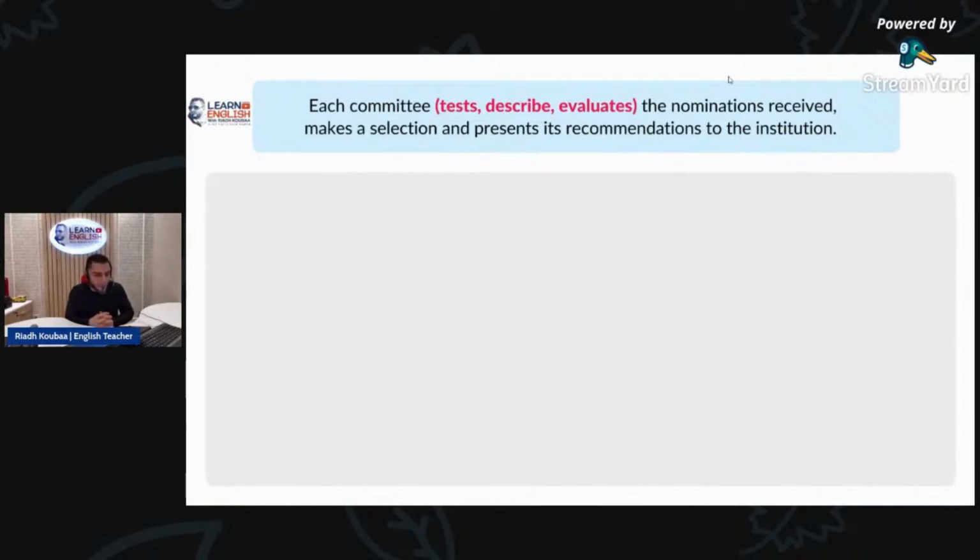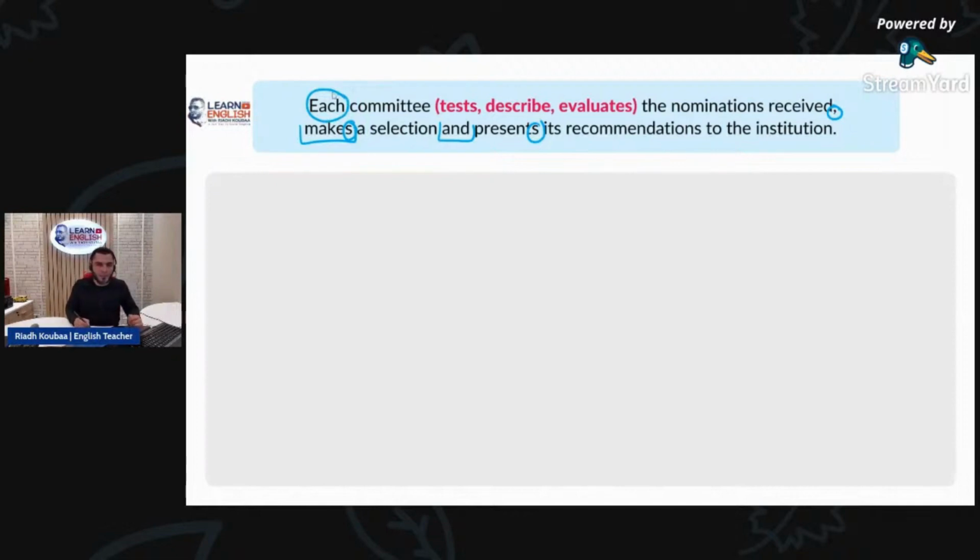Good. Next one: each committee tests, describe, evaluates the nominations received, makes a selection, and presents its recommendations to the institution. So again, what are my hints? What are my indicators? And what are my clues for this sentence? Let's see. Each committee tests, describe, evaluates the nominations received, makes a selection, and presents its recommendation to the institution. So these are my indicators, together with